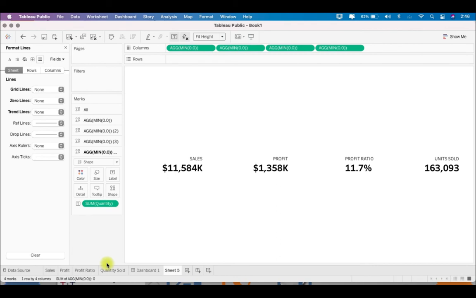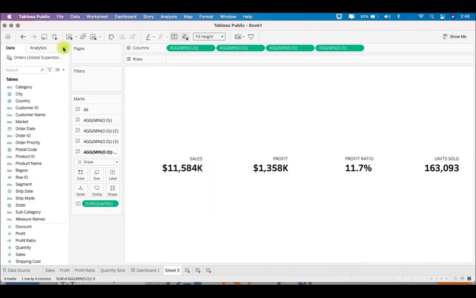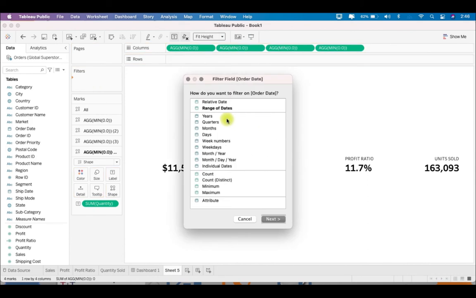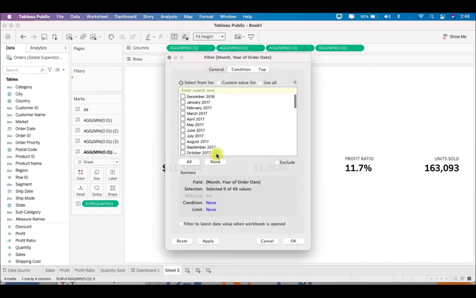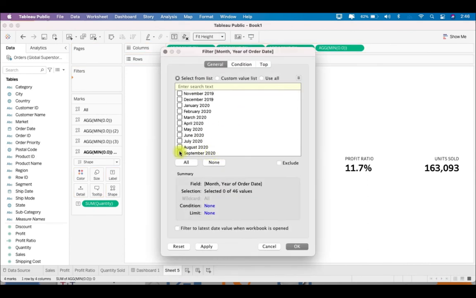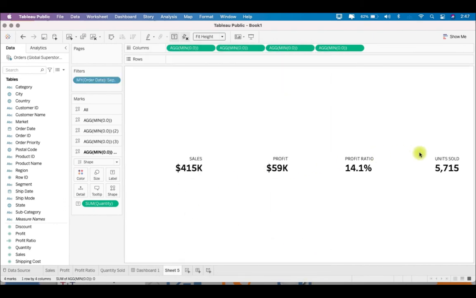So now this is what I was talking about. This is basically one sheet, or single sheet KPIs, right? So we did not have to create one sheet per KPI. And now easily what we can do is just drag the filter over here and it will be applicable for all these KPIs. Let's say September 2020, we select here, and this gets applicable to all of my KPIs being displayed here.